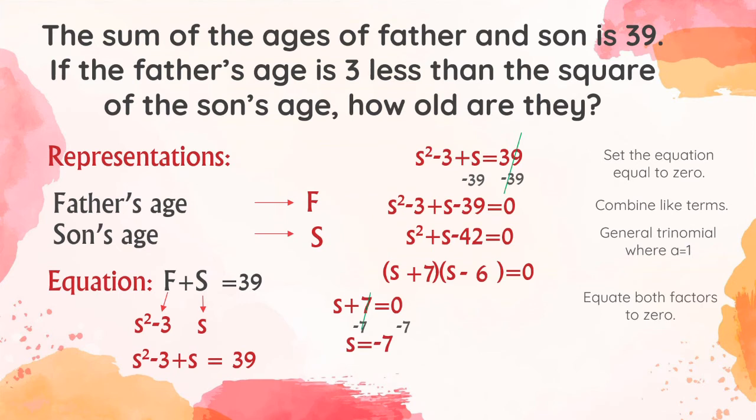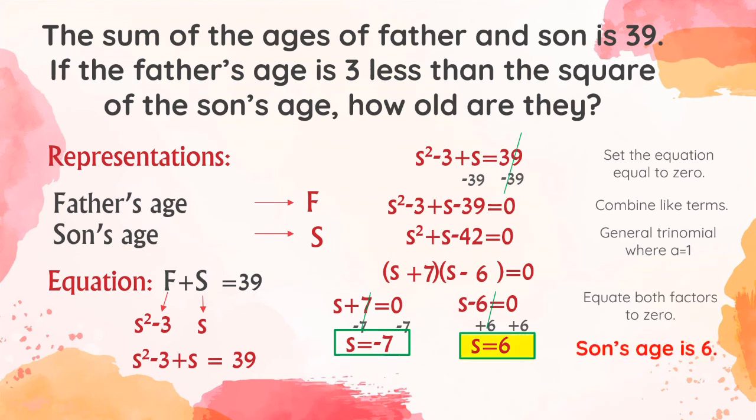Does it make sense na ang son's age ay negative 7? May negative bang age? Wala. Kaya di natin ito pipiliin. Next, let's solve S minus 6 equals 0. We just want S. So, add positive 6 to both sides. Therefore, S is equal to 6. This is a sensible value, so ibig sabihin,